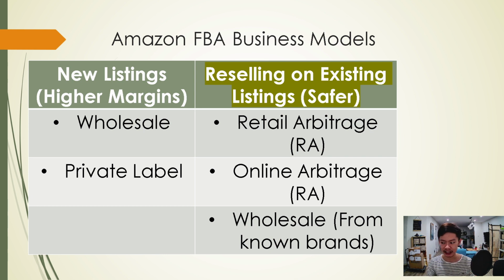So how it works is you could be selling seasonal products. For instance, you could be selling costumes for Halloween, where you see that there's an opportunity during a particular season that would sell well. Or you could be just reselling any clearance product, which would be really good ones, because